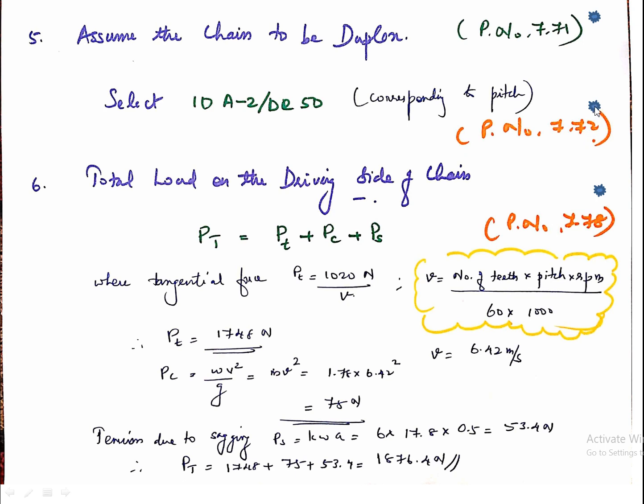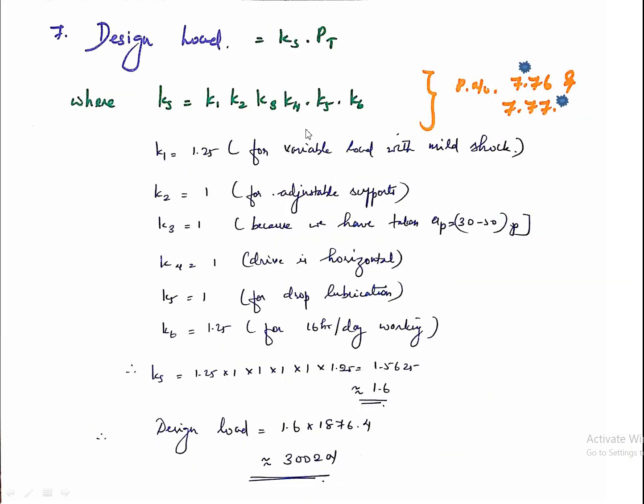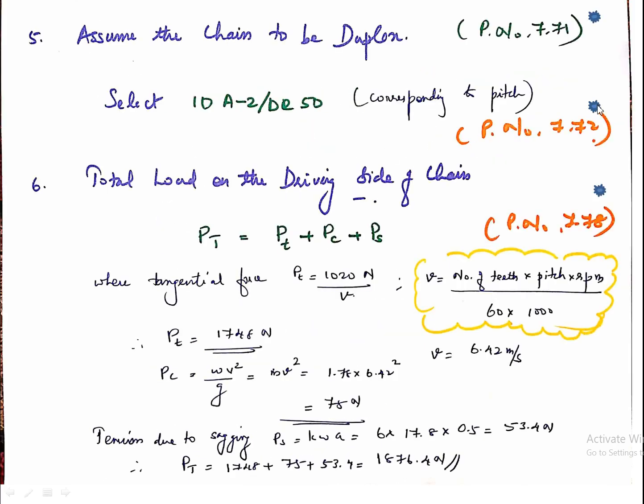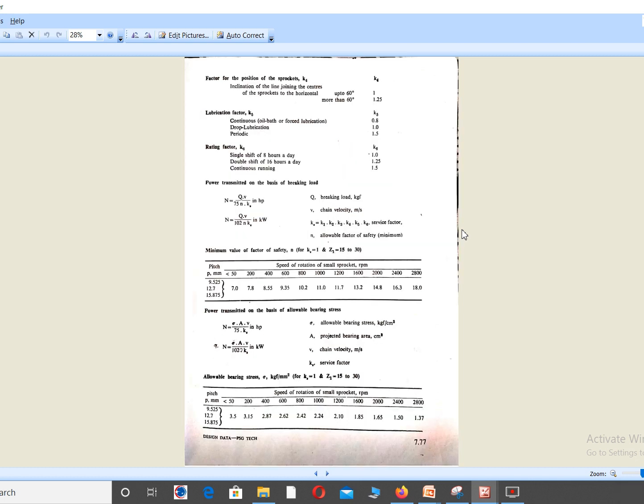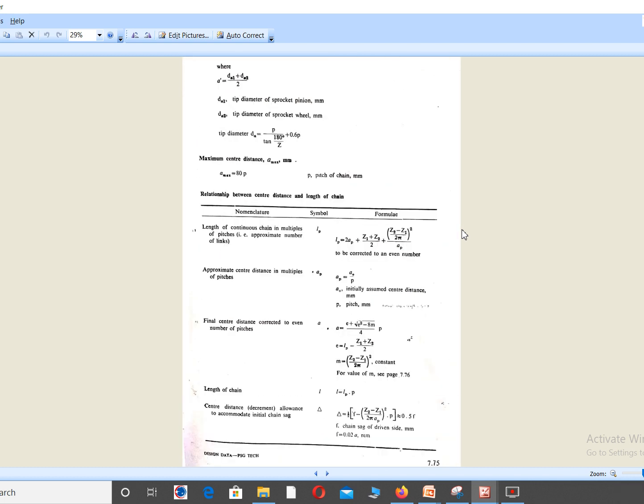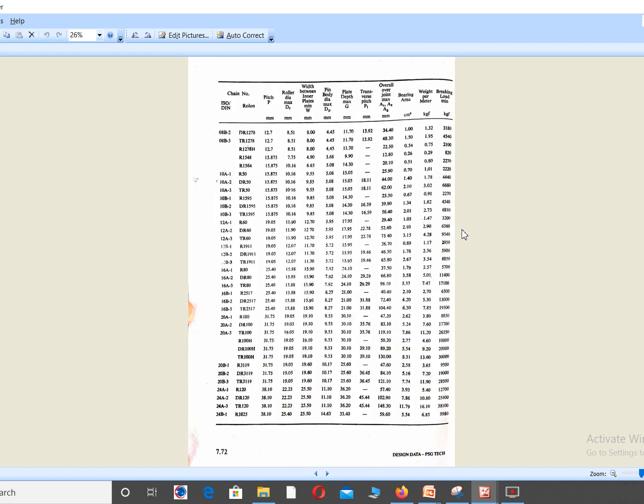Now let us see how this is selected. Here the selected one was 10A2 DR50. We'll see how it is selected. So let us go to page number 7.72. Okay, so this is your page number 7.72. So in this page you can see